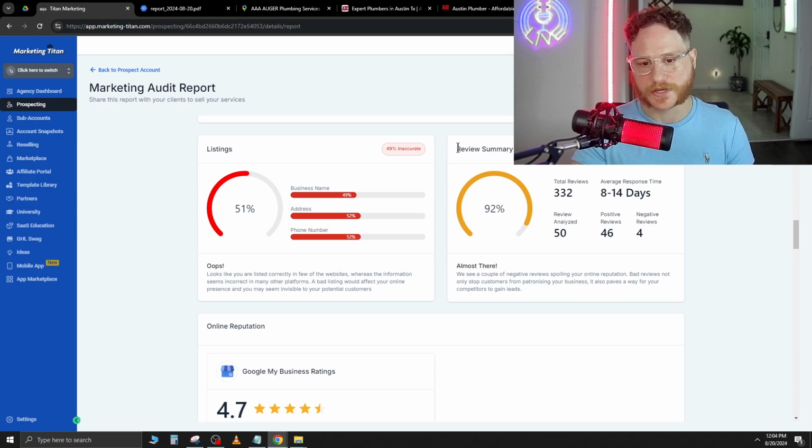Now, over on the right, we'll see review summary. They have a total of 332 reviews, average response time 8 to 14 days, reviews analyzed 50, positive reviews 46, negative reviews 4. So that's really good. They actually have a decent amount of good reviews, and that's a service we can sell them as well. If you're scrolling through a company and doing prospecting and you see that this is low, then you can go ahead and upsell